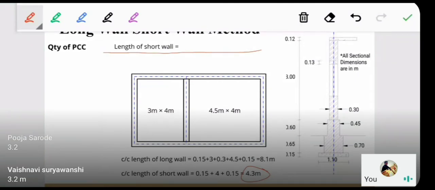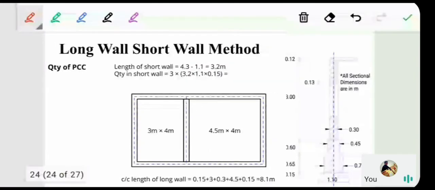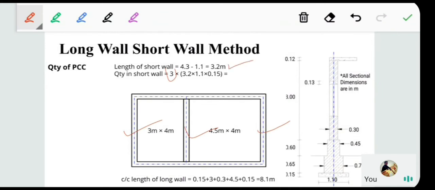So 4.3 minus 1.1, that will give us the length of the short wall as 3.2 meter. Again, quantity of the PCC work in the short wall will be number of short walls, which were 1, 2, 3. So 3 multiplied by length of the short wall, which was 3.2. Again, the width of the item was 1.1 and the height was 0.15. So 1.1 multiplied by 0.15,